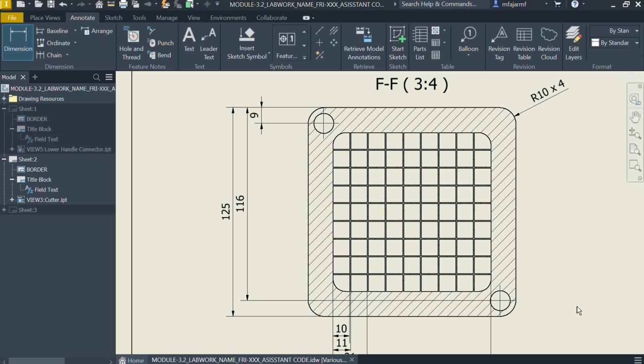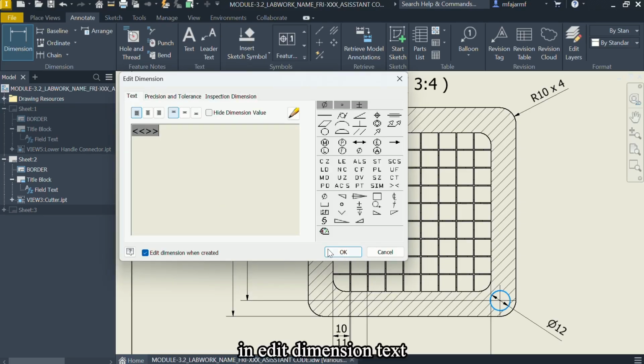Okay, next, left click on outer circle. Drag the dimension outside of the part. Left click. In Edit Dimension text, click space X space 2.